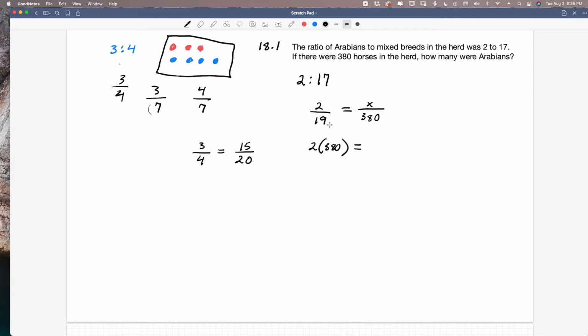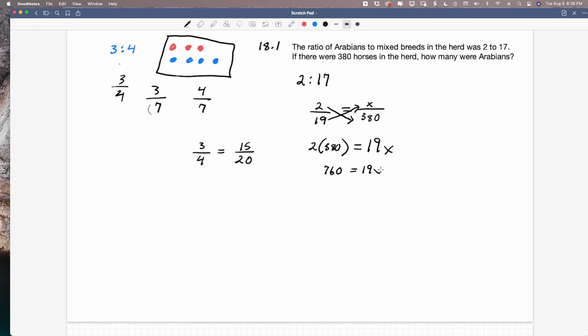And then we're going to multiply our denominator times the numerator on the other side. That's going to be 19x. Okay? So this one times that one, and this one times that one, keeping them equal to each other. And this is going to be 760